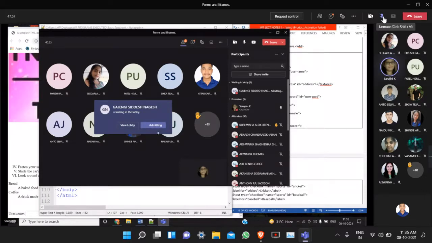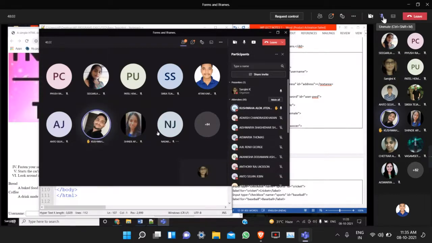Yes, Alok, you can answer. Yes, ma'am. In a text box we can write, and in a radio button we can select. I asked the difference between a checkbox and a radio button. Difference between checkbox and radio button.